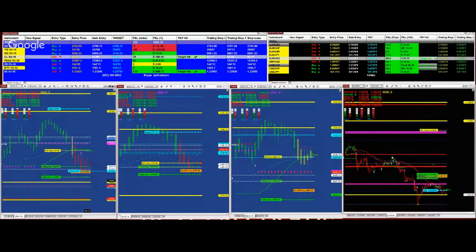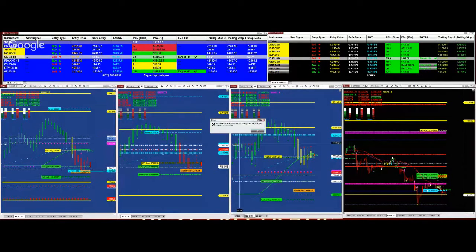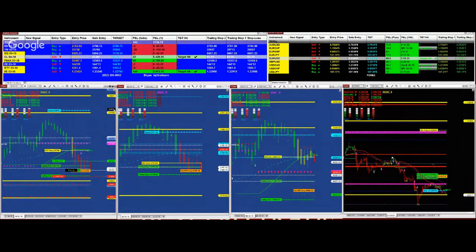It could be below the major number, the major support line. Order filled. If we notice right now, this is a very cheap trade